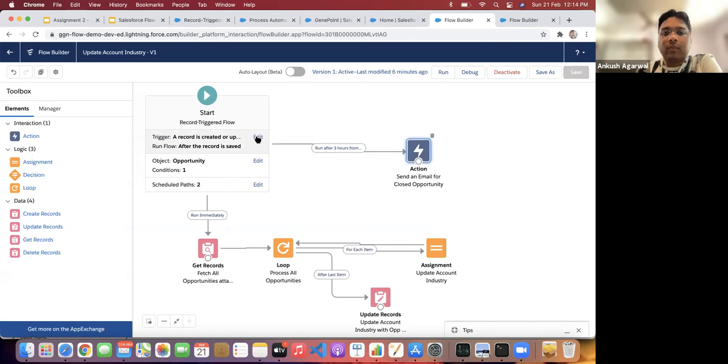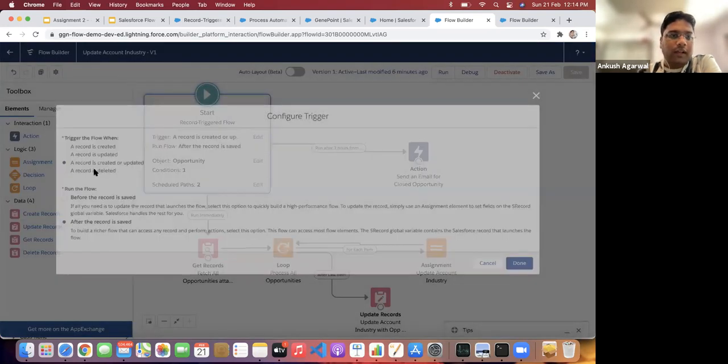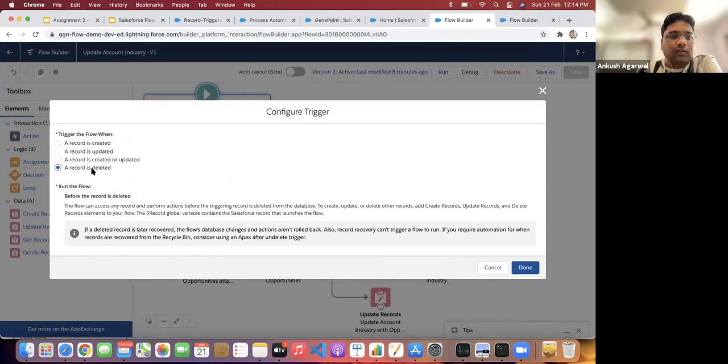Okay, one more point, I just forgot that. Whenever a record is deleted, you can run the flow, but it will run before the record is deleted. So before deleting a record, if you want to perform some additional operation, you can do that.